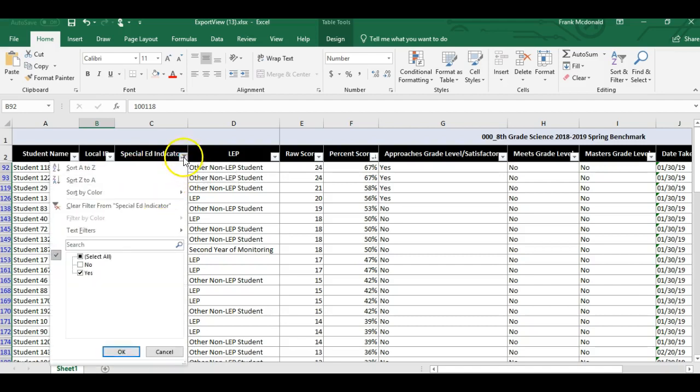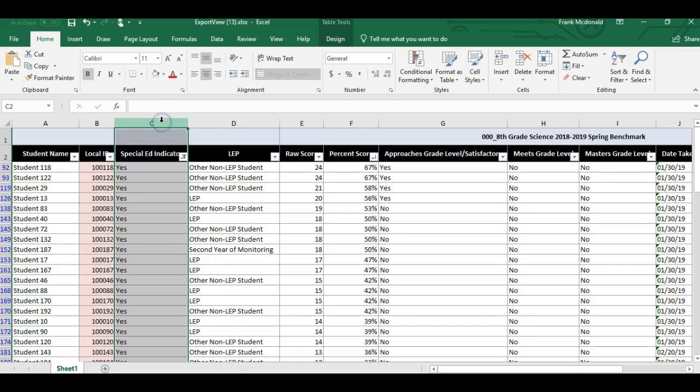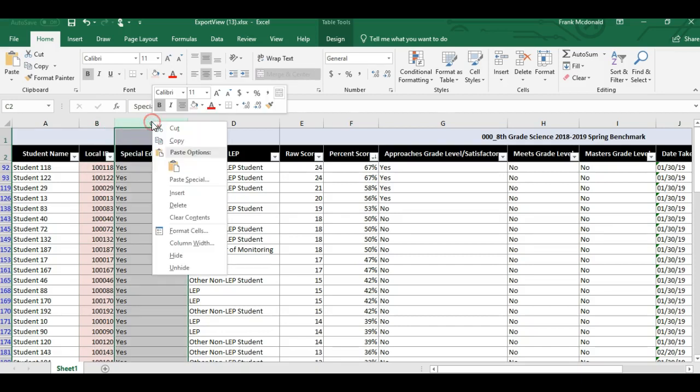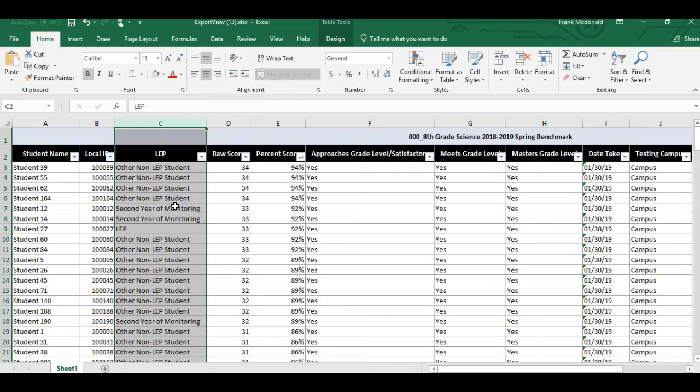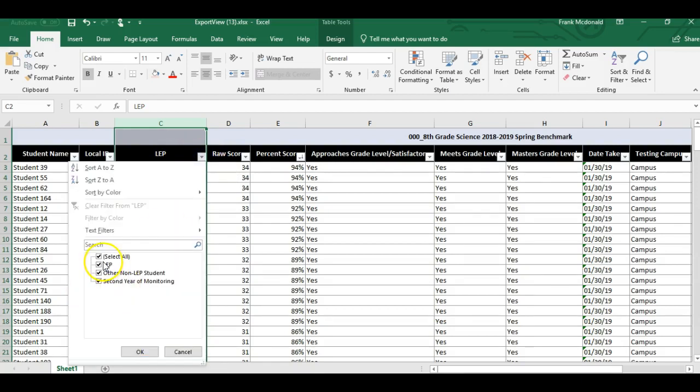Once I've done that, I'll just delete this column. So I'll click on it up here on the letter, and I'll right click, and it'll give me an option to delete, and I'll just get rid of it. The reason I get rid of it as opposed to just hiding it is because when I print these out on legal size paper, and you're going to see that you want to be able to try to fit everything in. Okay, so now here are my LEP students, and I will unselect all of them,